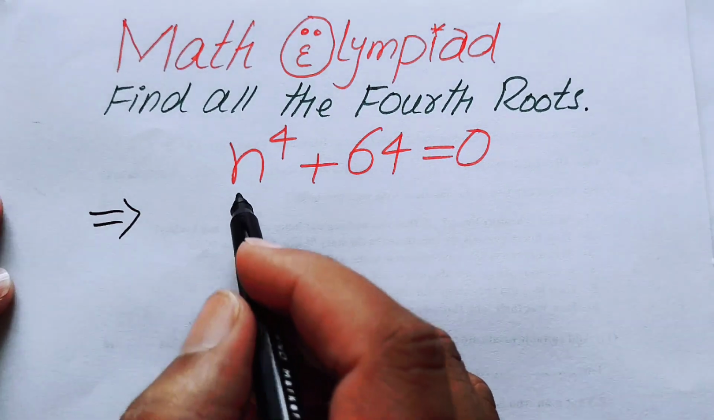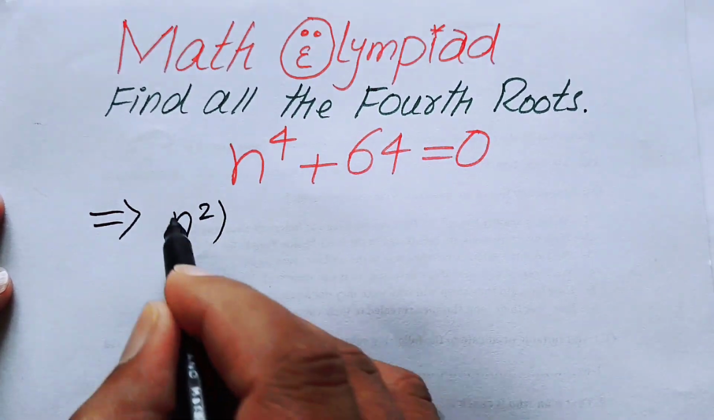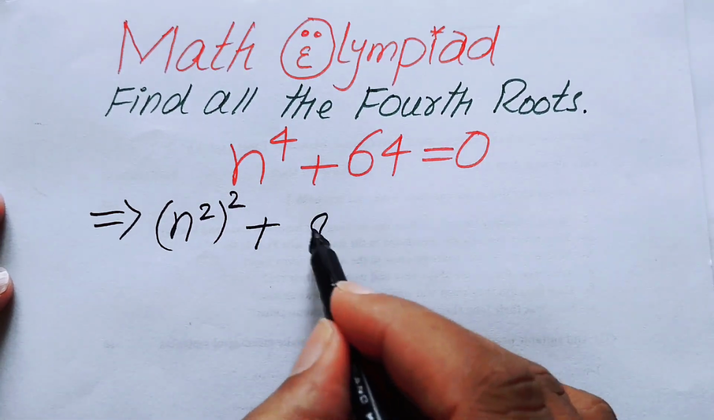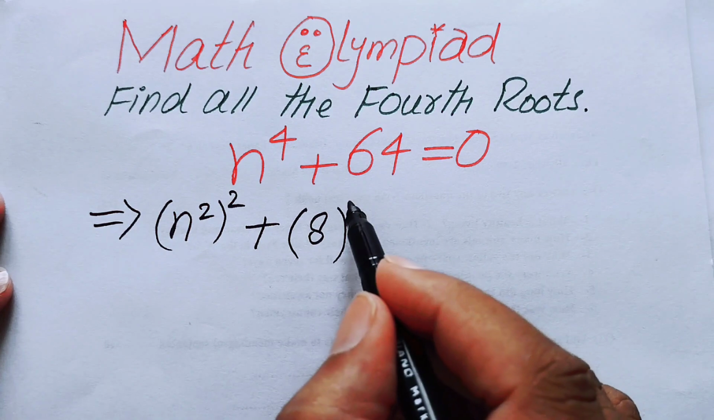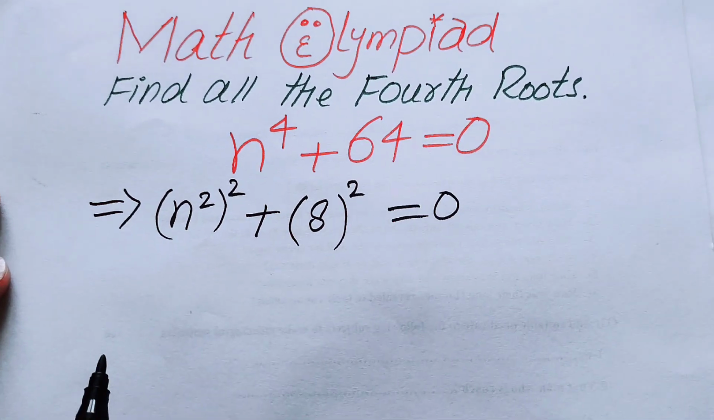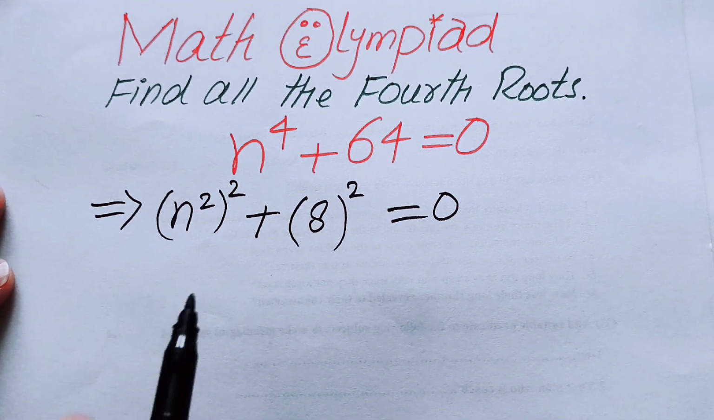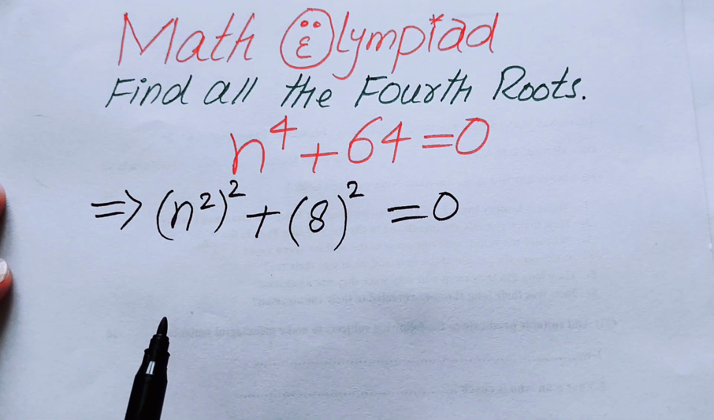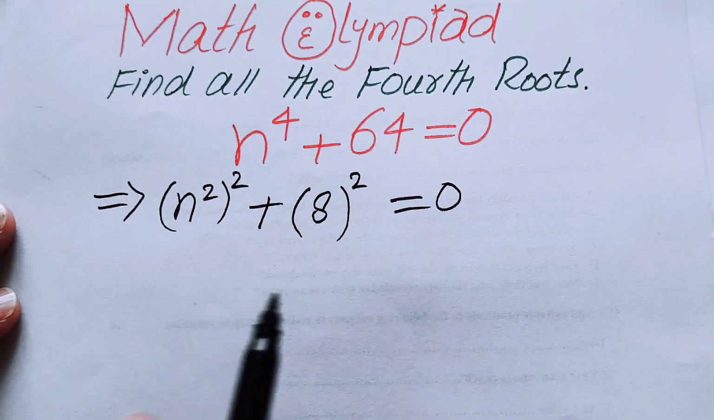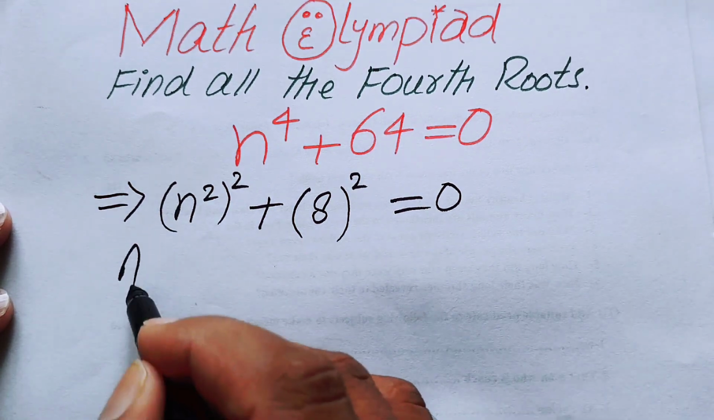So the very first thing we are going to do is rewrite this equation. We have n to the power of 4, and we can write it as n squared and its whole square, plus 64, which we can write as 8 squared, is equal to 0. Now I can complete the square of these terms, so in order to make the completing square we need to add and subtract